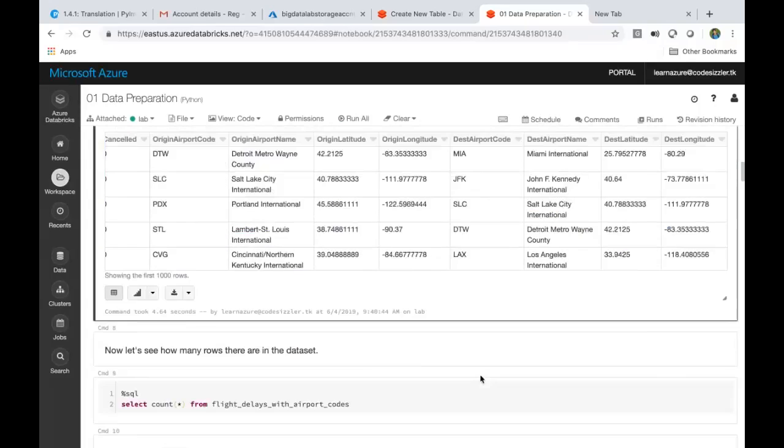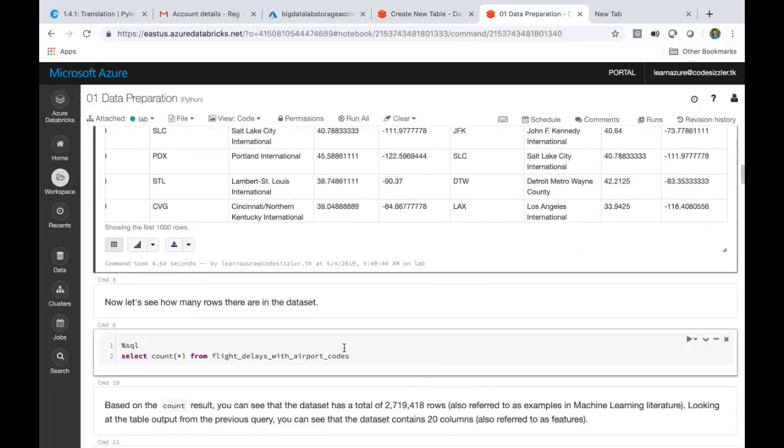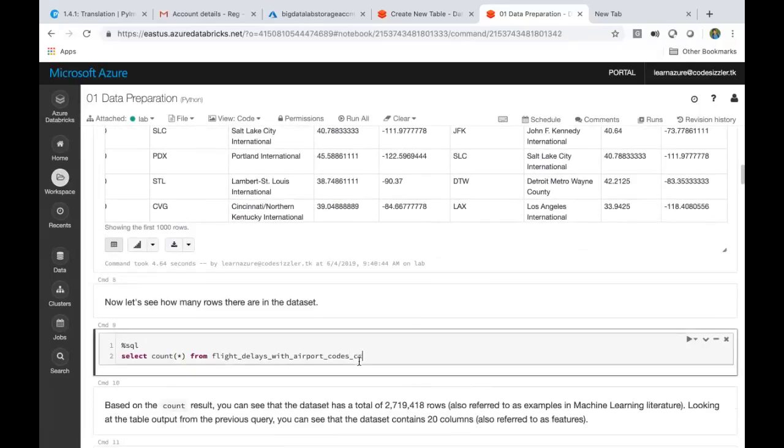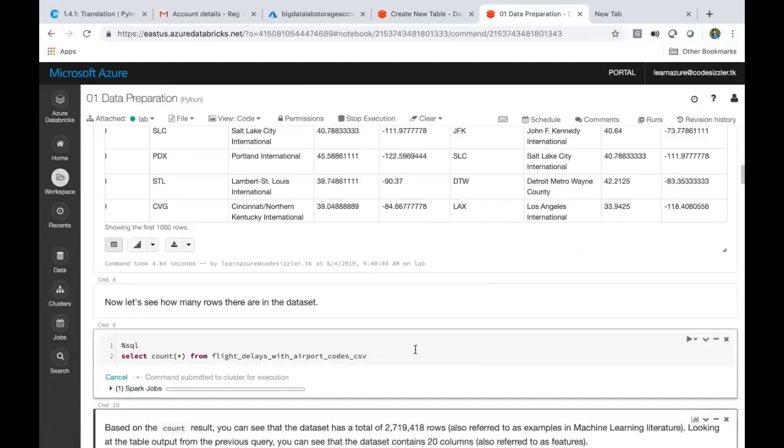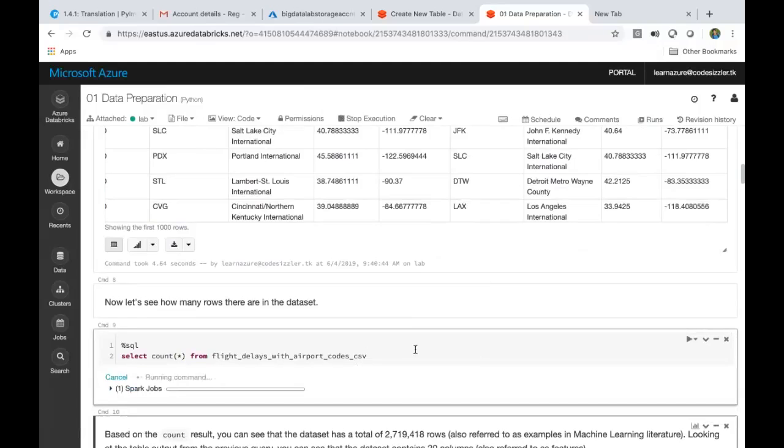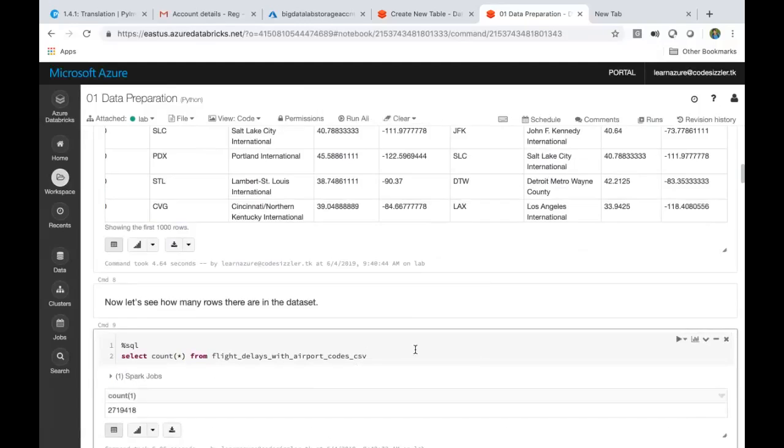Let me go down and let's go to CSV. Just remember, I'll change it anyway. You can use it. I want to see the count of it here. How many records do we have of this kind? It's around some lakhs of records. It is 27 lakh records we have. It's a pretty huge file.